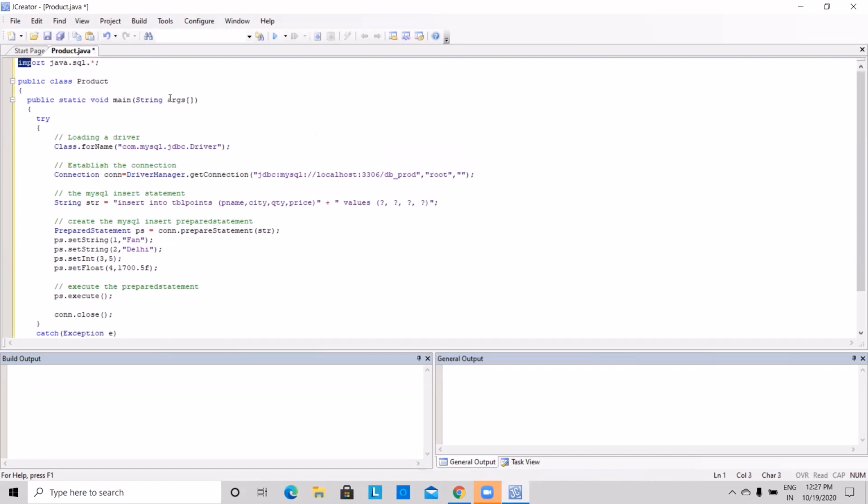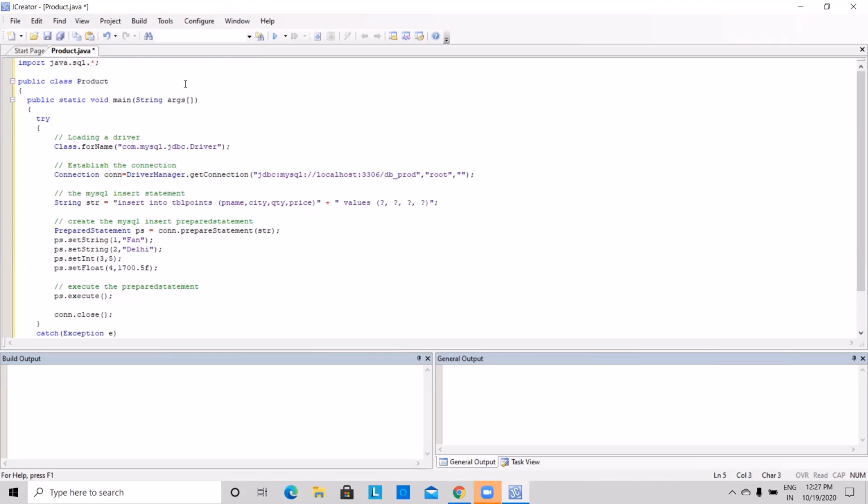As you can see, I need to import the SQL package. The long form of SQL is structured query language. So I am importing this SQL package. Then the name of my class is product. You have to make sure that the name of this class, product, and the name of your file, that is product.java, match.